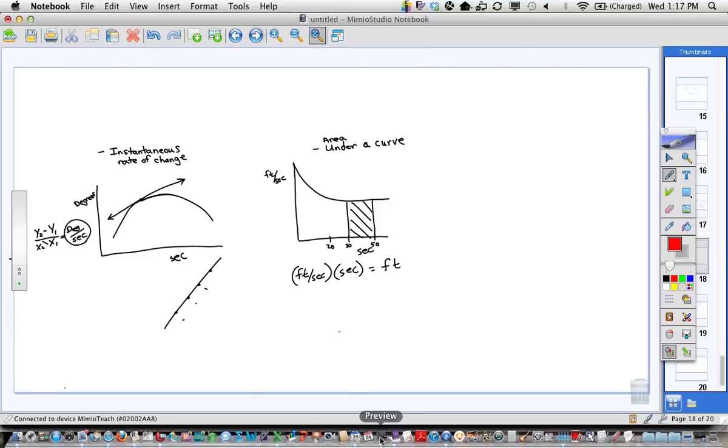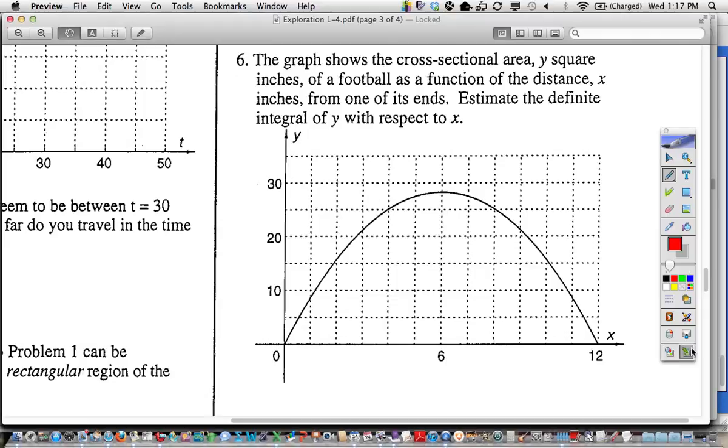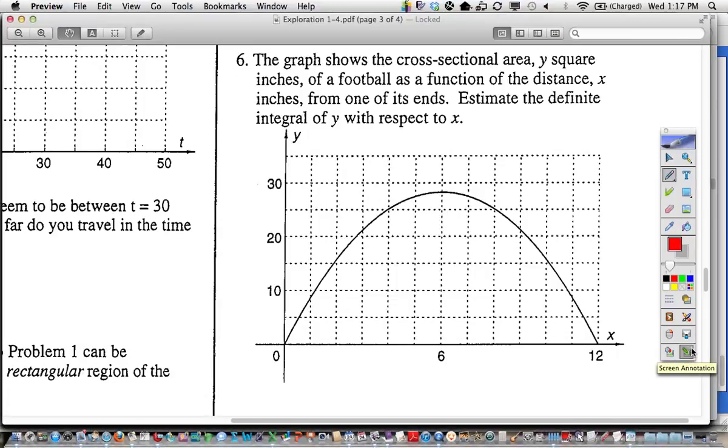And so we move on to do one last problem with it, number 6. Appropriate for this time of year, a little football problem. It says, this graph is a cross-sectional area of a football. Now what that means is, if I took a football and held it so one end was pointed out at you and one end was pointed back at me, and I went in 1 inch and I sliced it,